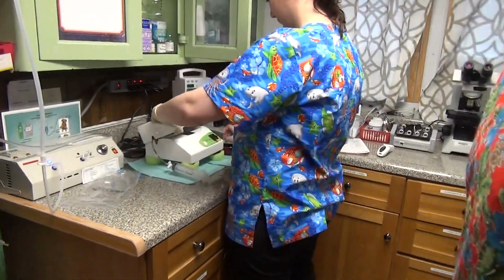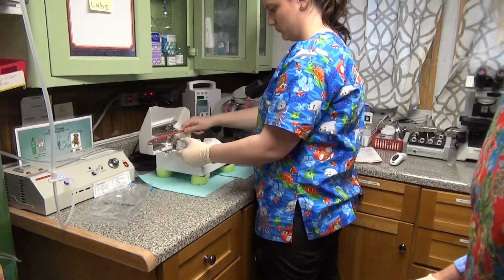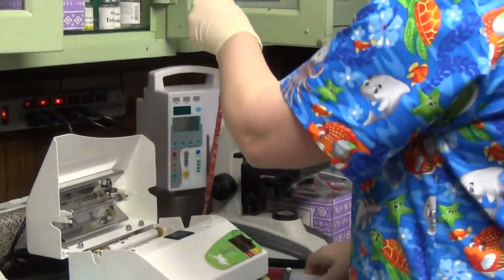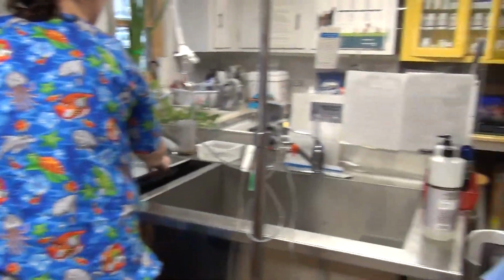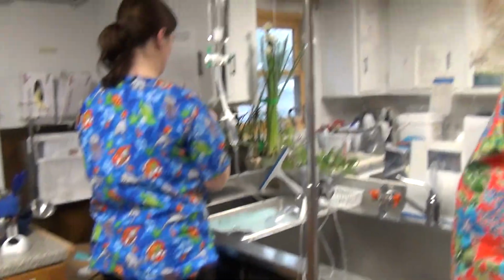Okay, so now back to this. So now you can see that there's a lot of extra blood in there, and you want to get every bit of it out that you can. So she's going to disconnect here and then suck the rest of that into the syringe so we get all that we can. Okay. And then what she's going to use is this clamp